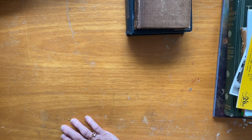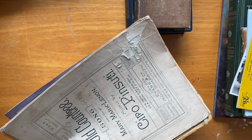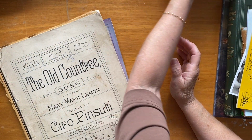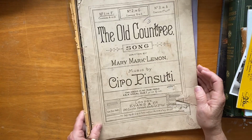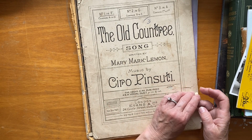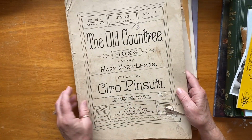That same shop, this shop was run by an 80-year-old man. He was sitting there chatting to his 67-year-old friend, and I only know that because I could hear them chatting away, and we talked a bit about Napier because he'd been to Napier. But he had all this old music as well. And it wasn't very expensive, so I